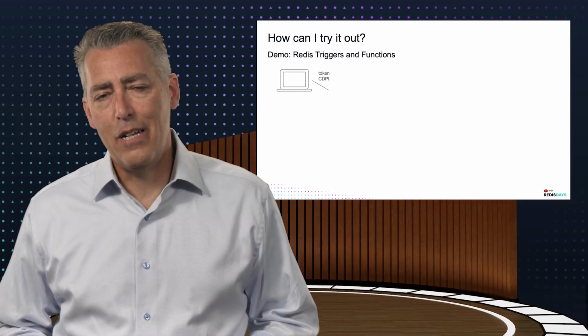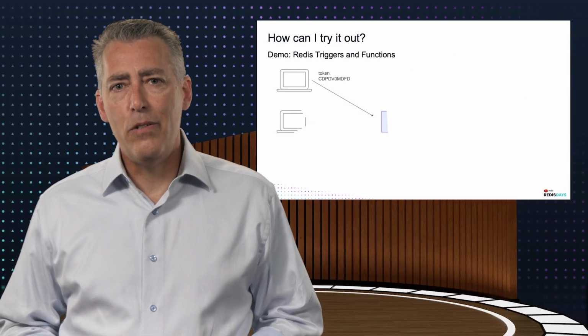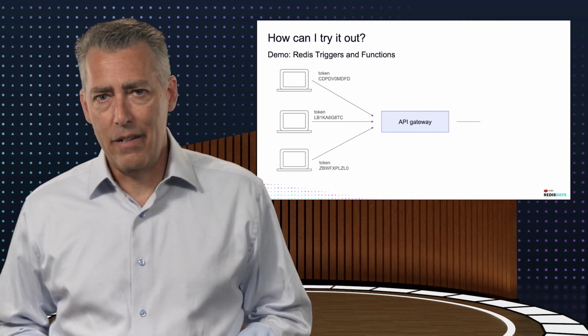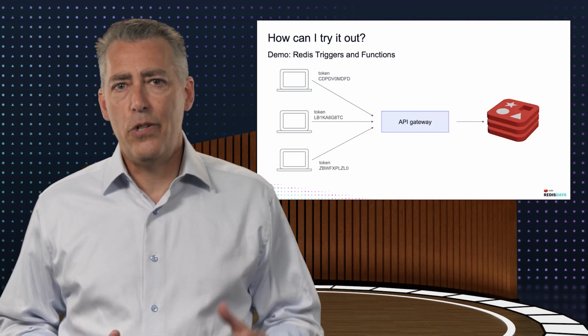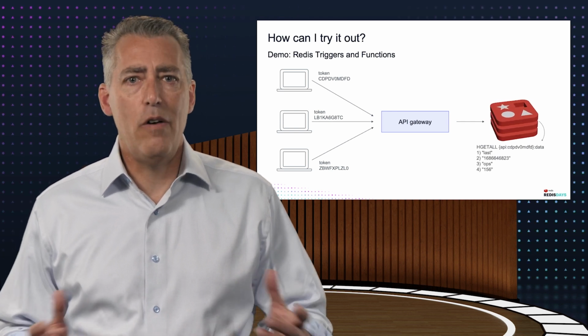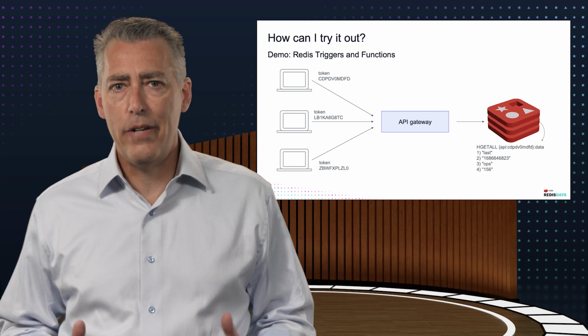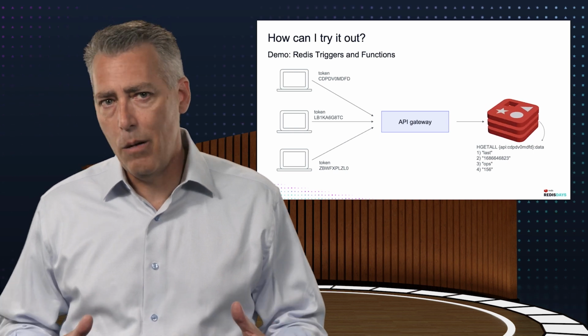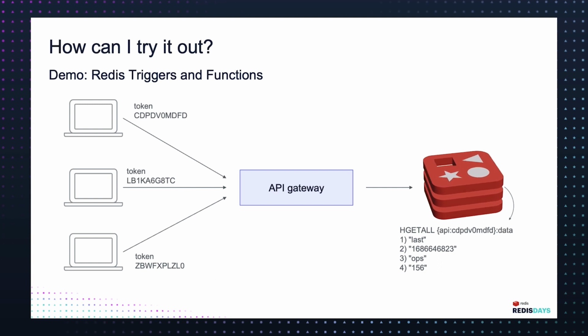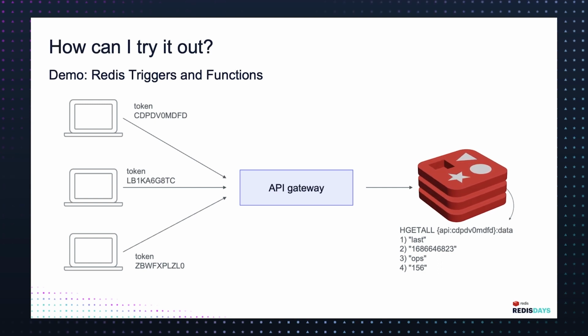Let's take a deeper look at a specific example. A common use case where Redis is used is to build API rate limiting. Essentially, each user token is allowed a certain number of requests in a limited amount of time. To solve this problem, you can use a simple fixed window counter algorithm which checks the number of calls in a specific time interval. Implementing this algorithm with Redis is straightforward and is based on counters.